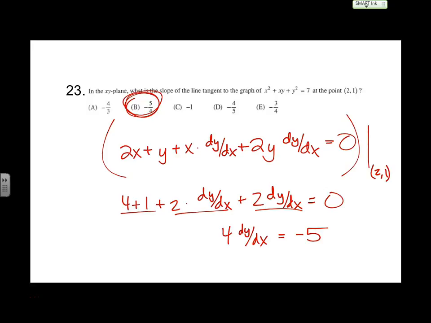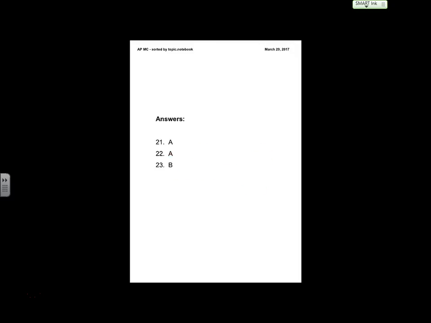Ready for a new topic? Yes. It's time to talk about increasing, decreasing, concave up, concave down, relative extrema, all using the graph of the derivative. Your Achilles heel, some of you, will be your strength, if we could just wrap our minds around it. Calc AB. Here we go.